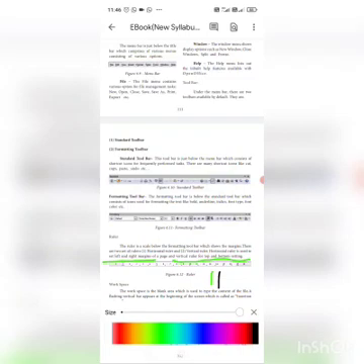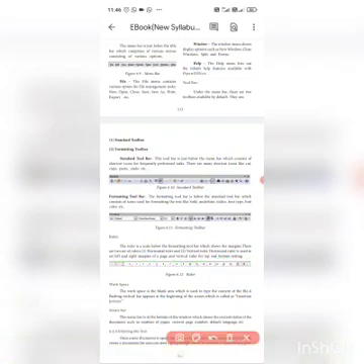See here, this bar is called the insertion pointer. What is the insertion pointer used for? If you type letters, the letters will appear at that place. Okay, thank you students.